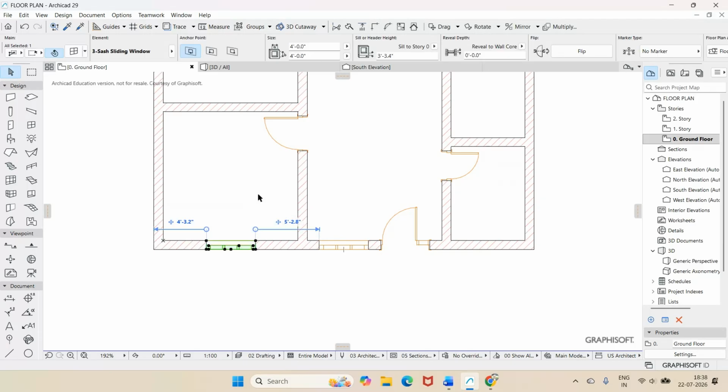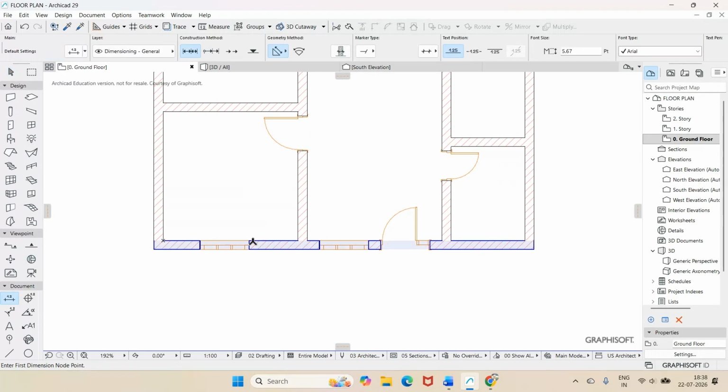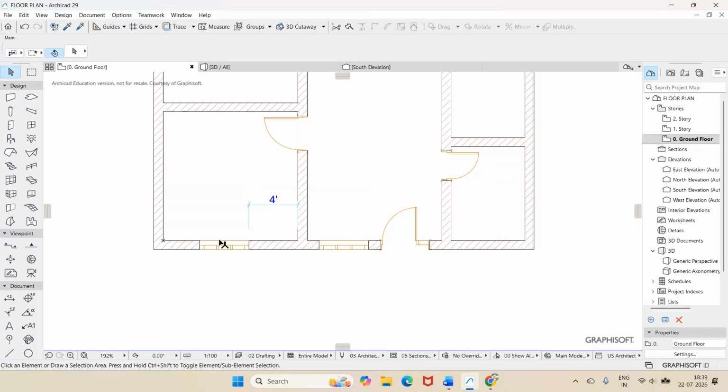Give the dimension from this point to this point, like what we have done for this. I will take around 4 feet. Okay. Then from here to here, go to dimension, annotate, select from this point, okay, and to this point. Double click on this. So we will have 4 feet. Okay. So once you do that, so now